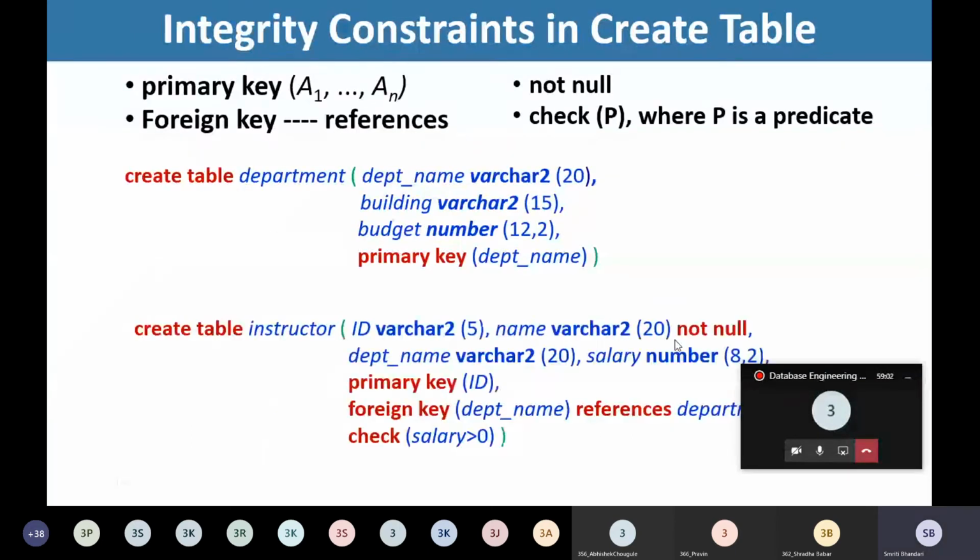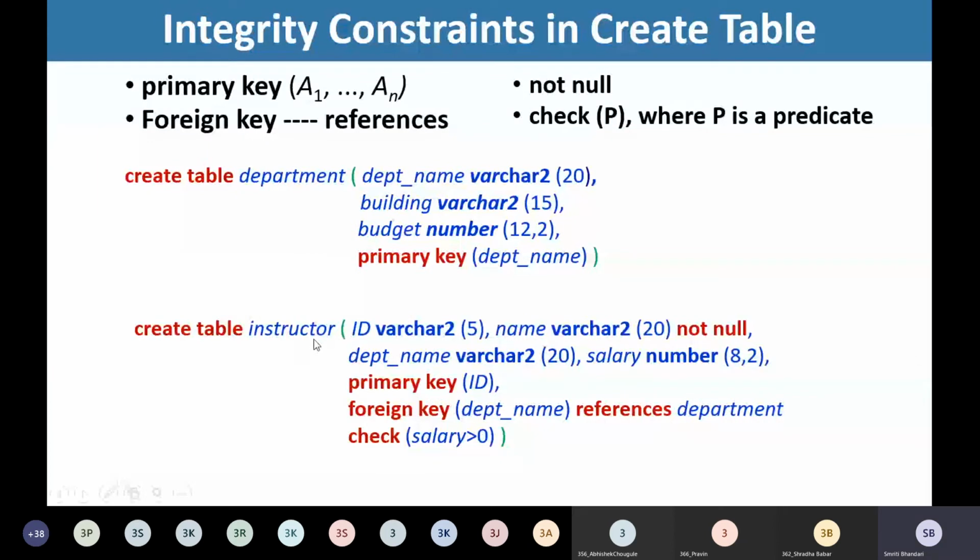See here, this is the definition for the instructor table. While creating the table, we are adding the foreign key constraint: foreign key department references department. This means that we are designating the department name attribute in the instructor table as the foreign key, and we are referring to the department table.